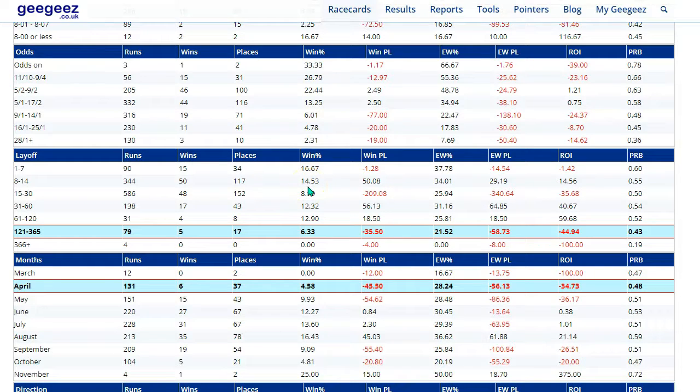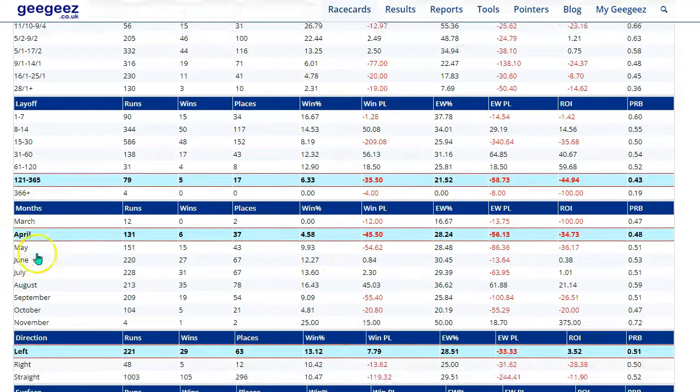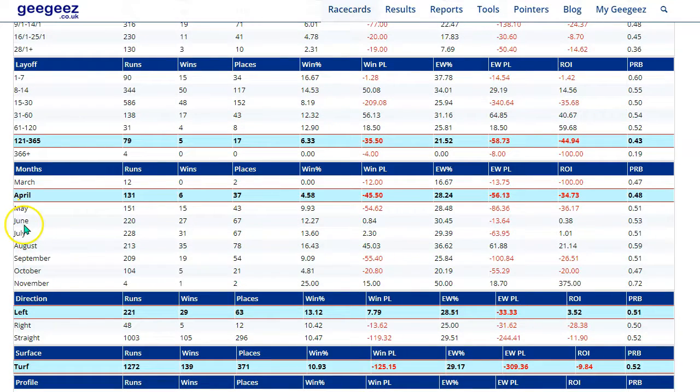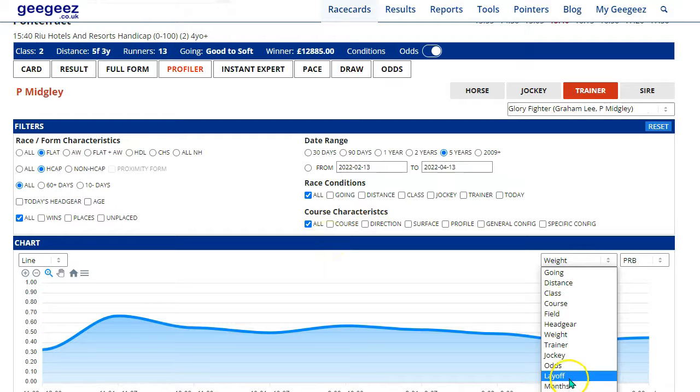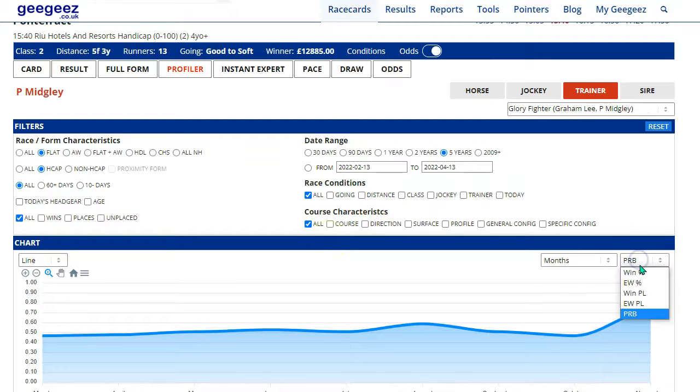There are trainers that do that, and you can see that their results are quite cyclical against the calendar. We can definitely see here that when we look at months, in the months of June, July, and August, there are double-digit strike rates compared with nearly 10% in May and nearly 10% in September. So let's do this. If we chart it, you'll see that there's kind of a nice curve